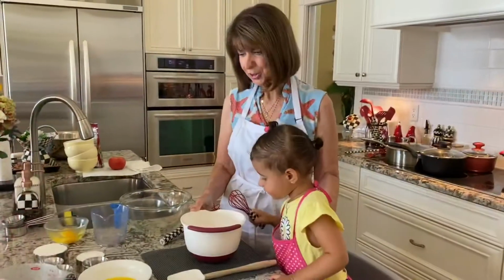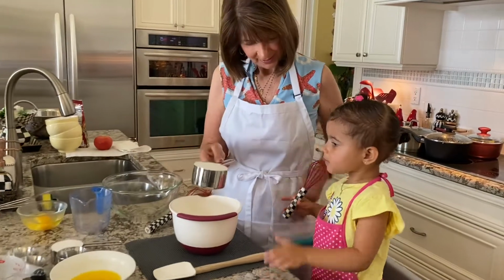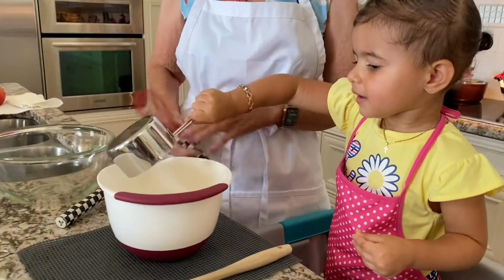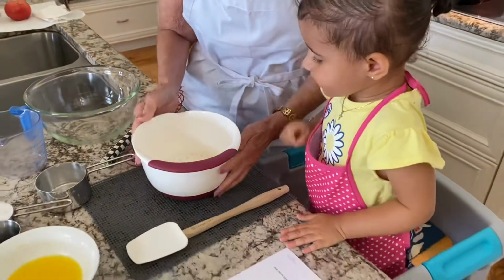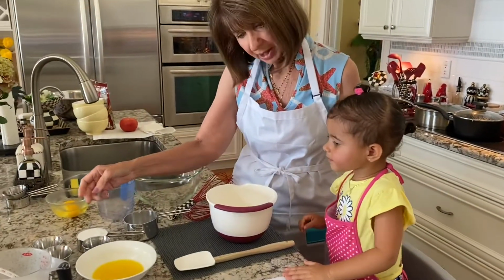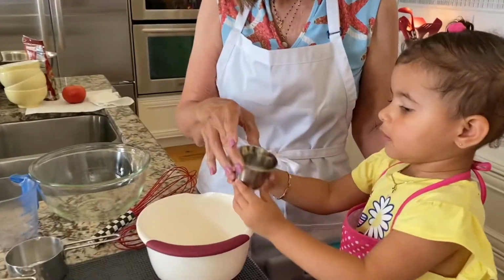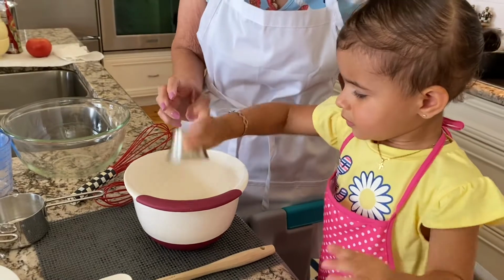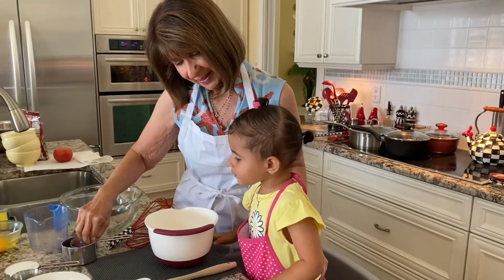Okay, what we're going to do is start with 1 cup of flour. Pour that in the thing. Okay. Put it in there. Very good. Make sure it's all in there. Okay, and then into that, we're going to add 1 teaspoon of baking soda. Put that in there. All the way, you got to dump it. Good girl. Okay. And then